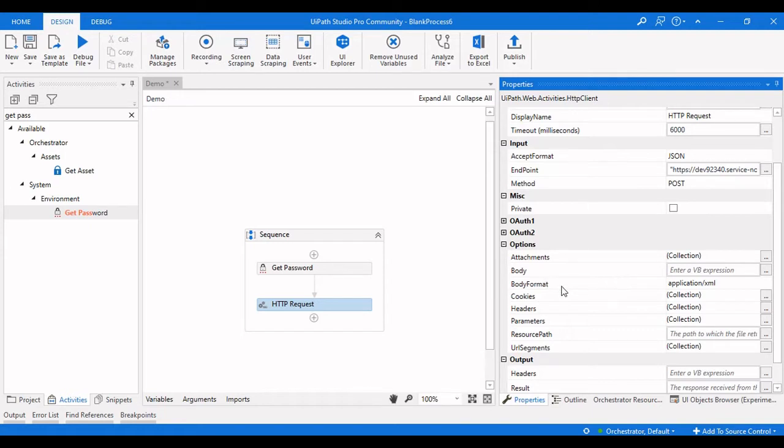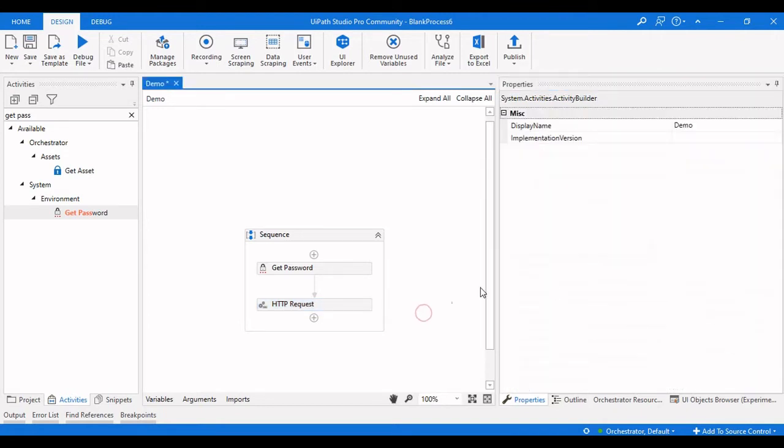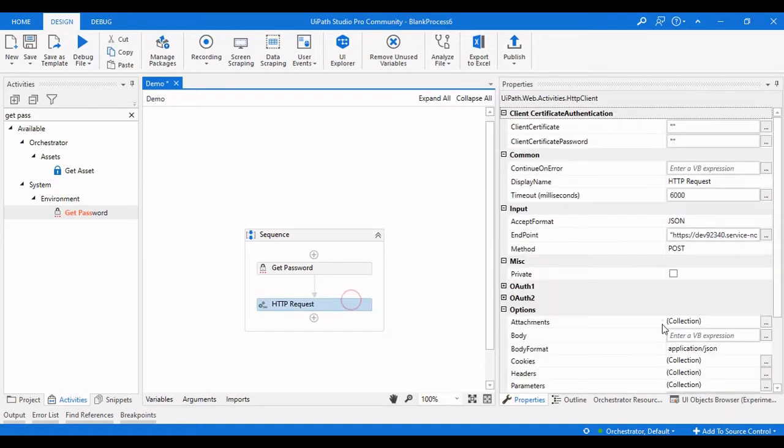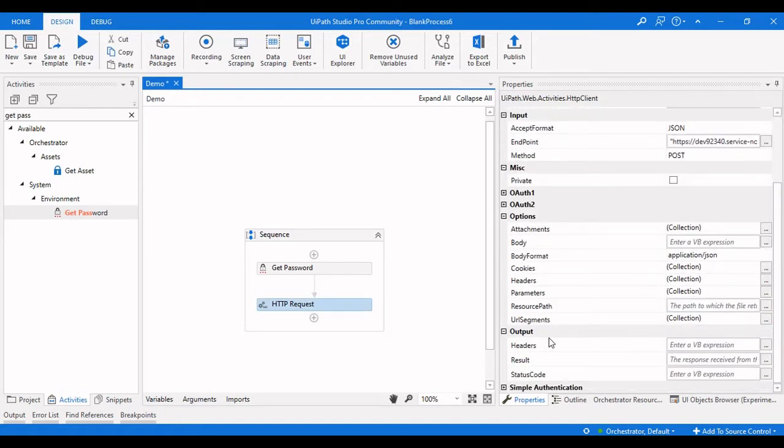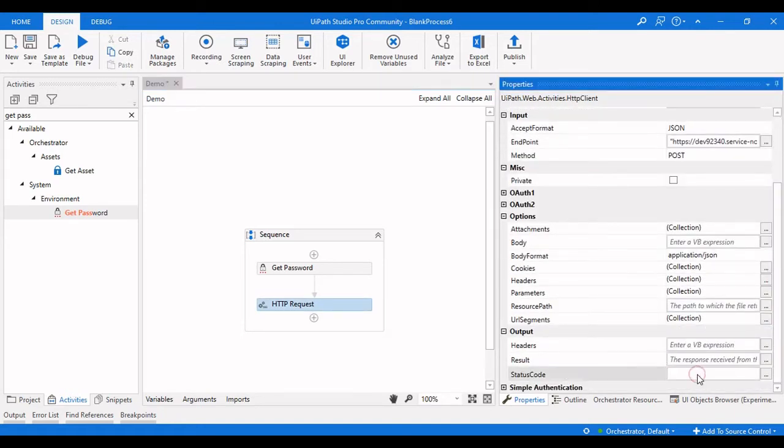here you need to pass the body format. So instead of XML, actually the body format will be JSON. So change that to JSON here, and we also need to provide some outputs, which is the status code, whether that is successfully inserted into the ServiceNow or not.